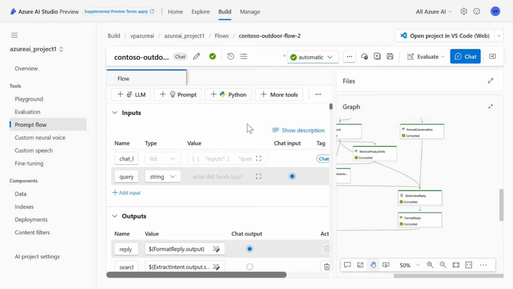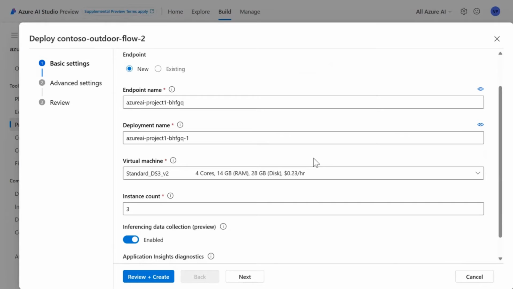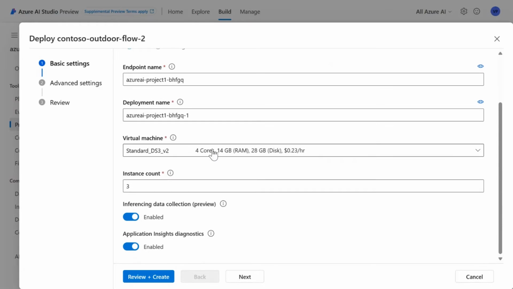In the UI we have the ability to deploy with a manual click of a button, but we can also use CI/CD for automation as well. If you go with manual deployment, it's again pretty easy. You click on deploy, and you specify the name for the endpoint and the name for the deployment as well, and you pick the compute that is needed